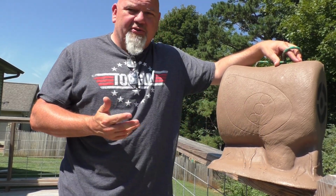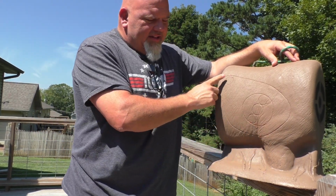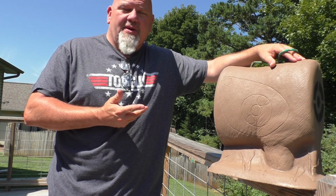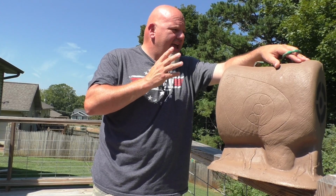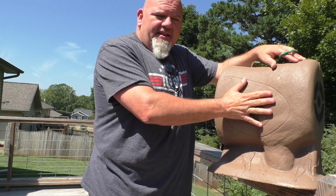I'm not a competition shooter at all. I'm a hunter. Of course you have the whole vital area, and some problems I've noticed, I am a traditional archer, I shoot a longbow. And this may just be me, I'm not sure, but shooting at an actual round target with a bullseye, I seem to shoot a lot better than when I transition to a 3D target. And I think that's because there's an old saying, aim small, miss small. Well, on a